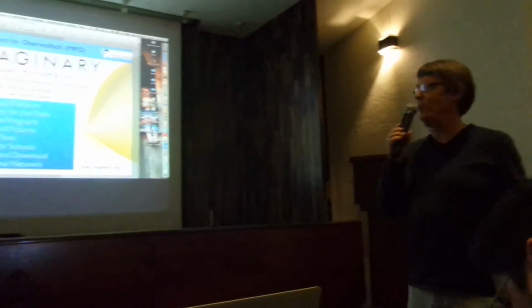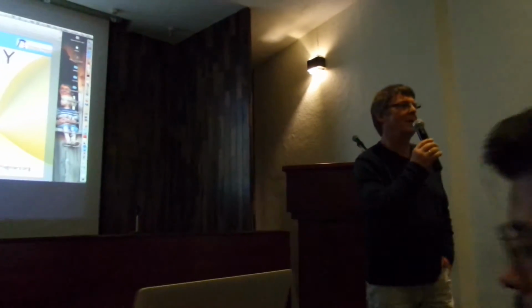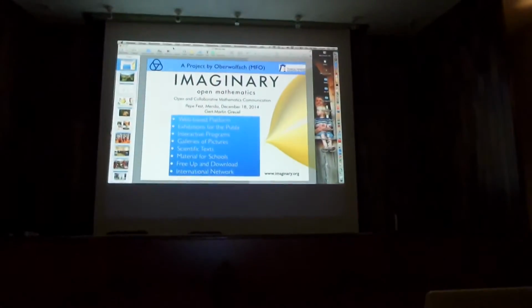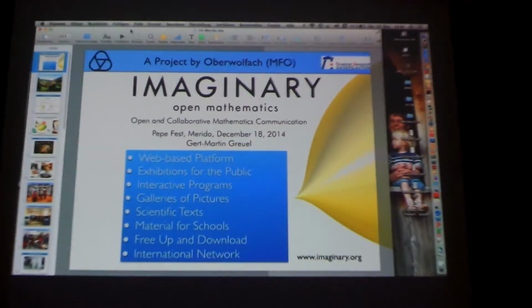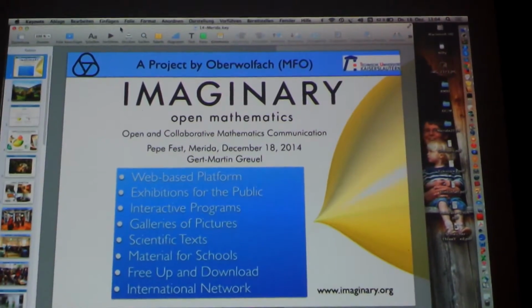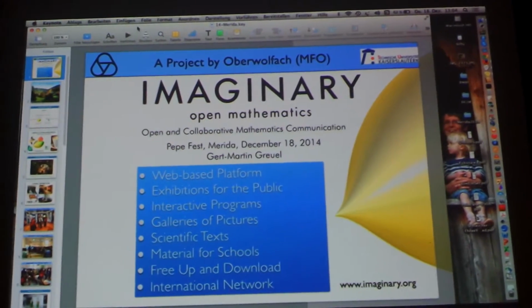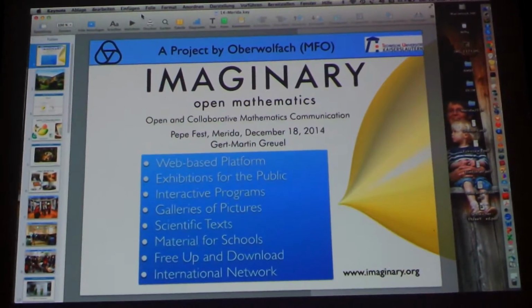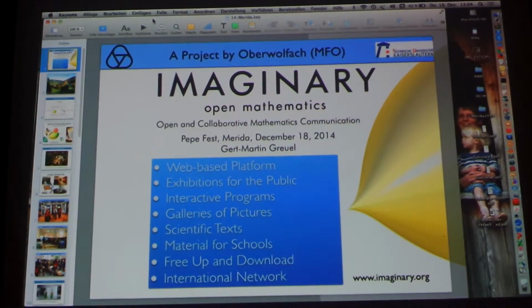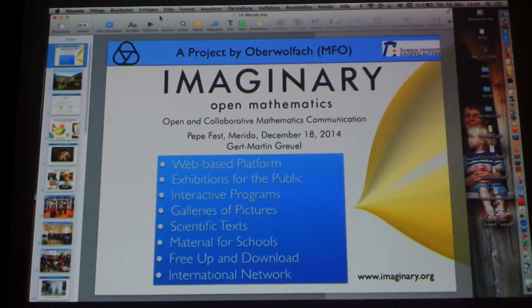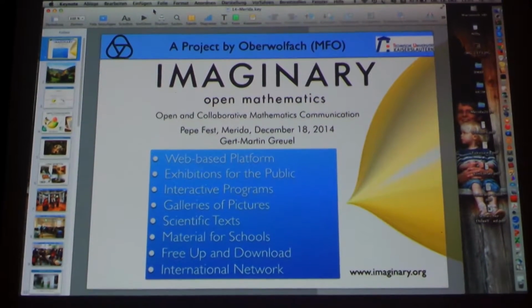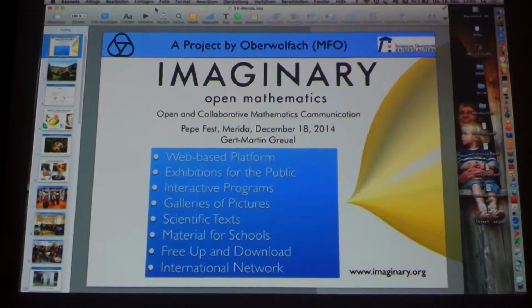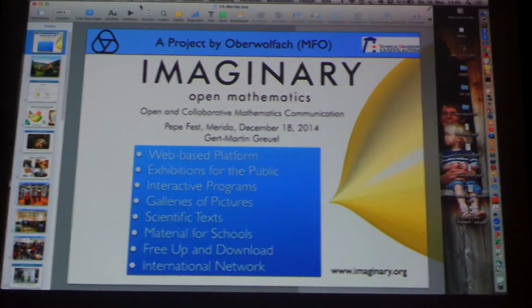And what is Imaginary about? Actually, it started as an attempt to show algebraic geometry to the general public, that is, to the famous man on the street. We found there are so many beautiful pictures inside, so we started by not showing them the formulas. I think that was the right approach, showing them pictures, but maybe getting them interested in formulas and in the relations. But after some time, that was in 2008, it developed into a big project, and it's still growing and